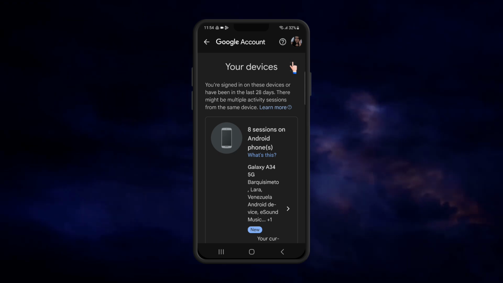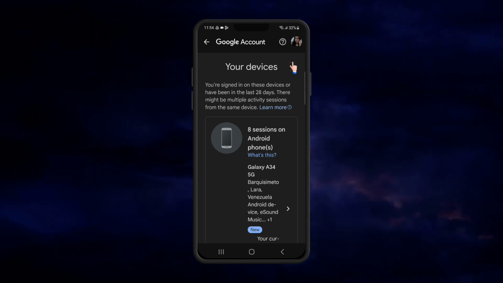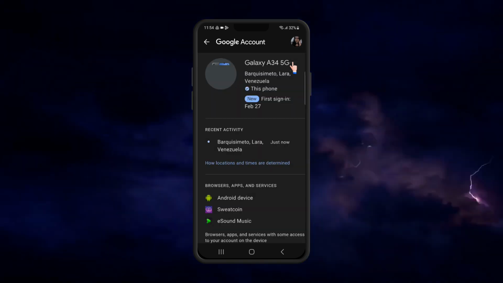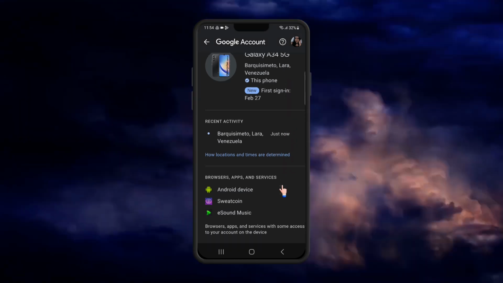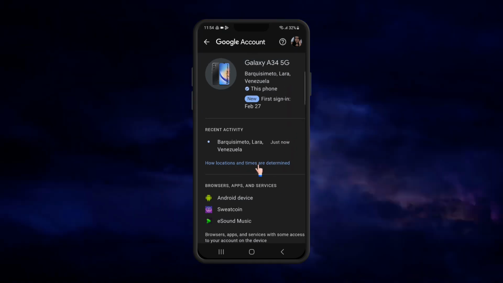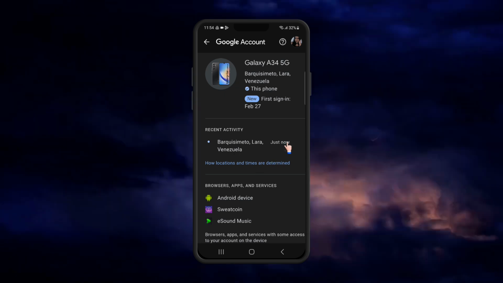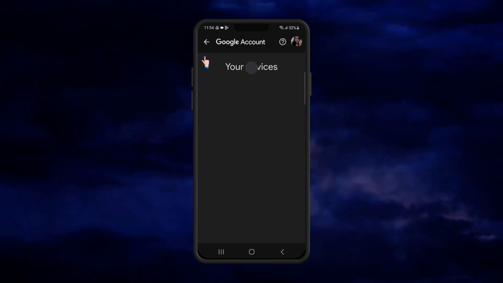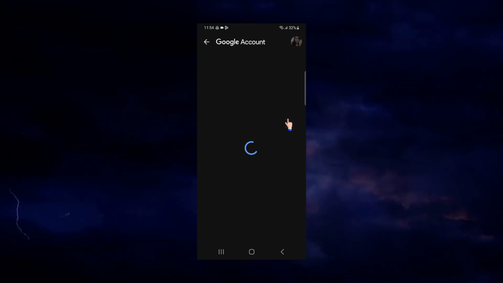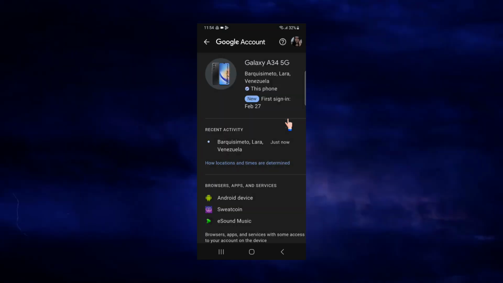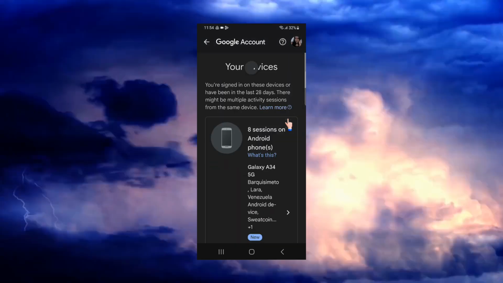You see then all, you can select one and go to where it says, okay, how to location at times are determined. Select here and